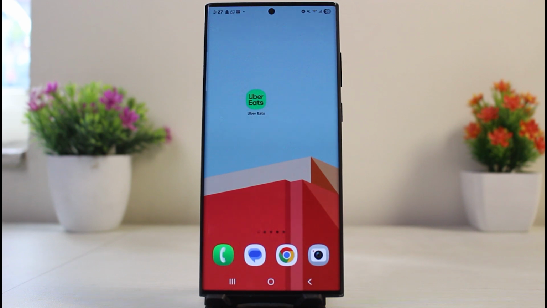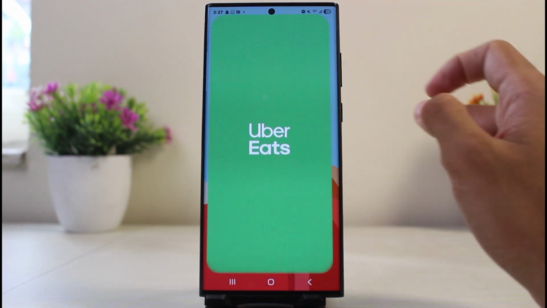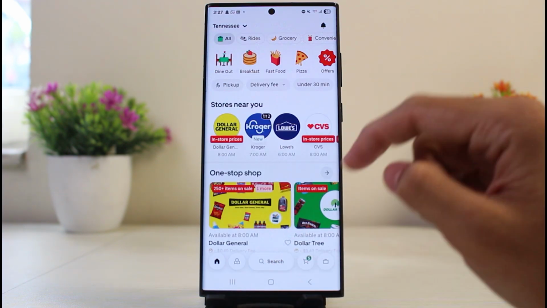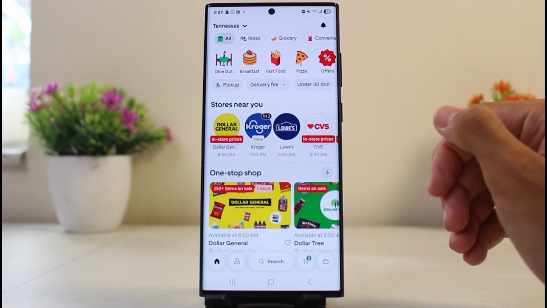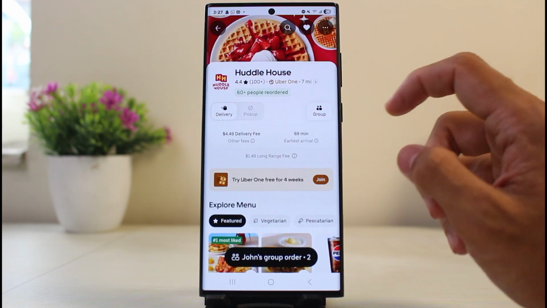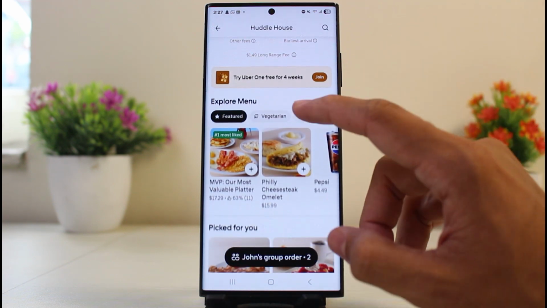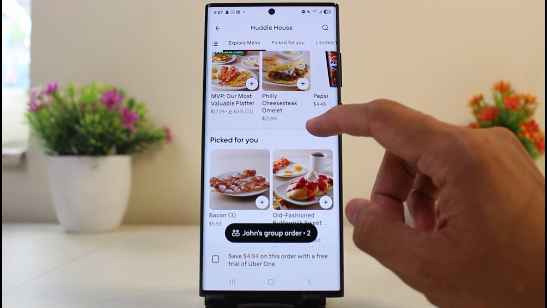How to use Uber Eats schedule group order. First, you want to simply open the Uber Eats application. After that, what you want to do is simply open the restaurant that supports the group orders option. After that, if the restaurant supports the group order option, you want to simply tap on one of the order